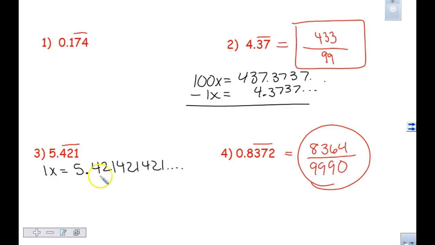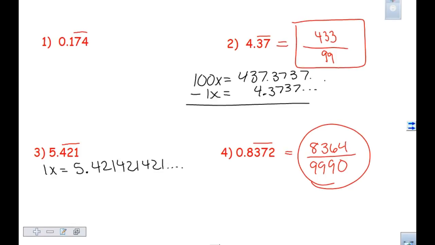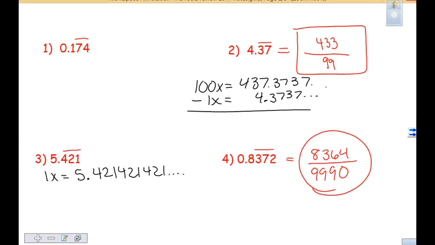So I have to make sure that I show that 4, 2, 1 is repeating. So next, Sophia, what did you multiply by? I didn't really have one. How many numbers repeat? 3. So if 3 numbers repeat, I need to multiply by 1,000. So we're going to take this times 1,000. That gives me